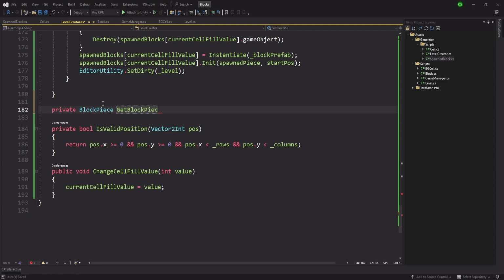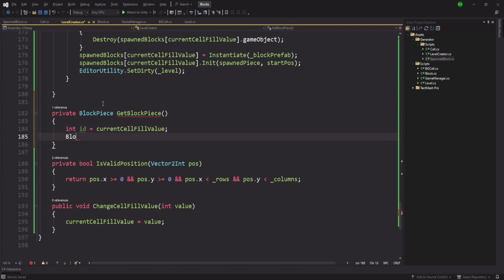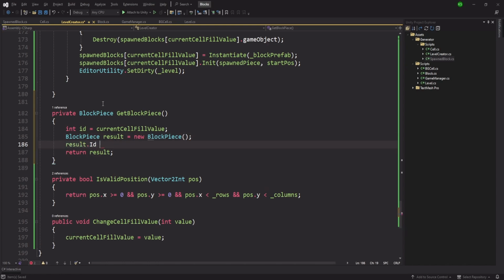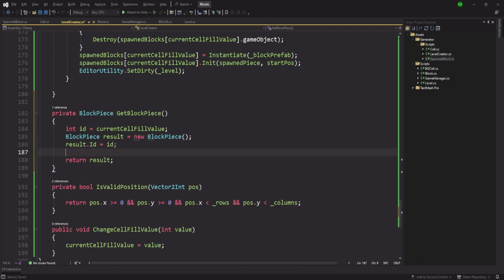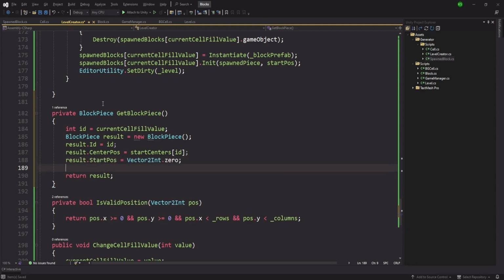Where is E? C E. And what it is going to do is int, let's get the ID, which is going to print self value block piece result, and we are going to return the result, and our result is going to be a new block piece. Result dot ID is going to be ID, and result dot center position is going to be start centers of the ID, and result dot starting position is going to be equal to 0,